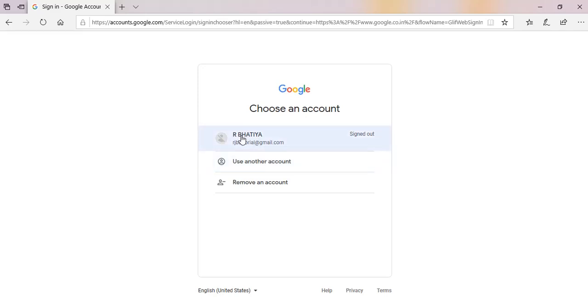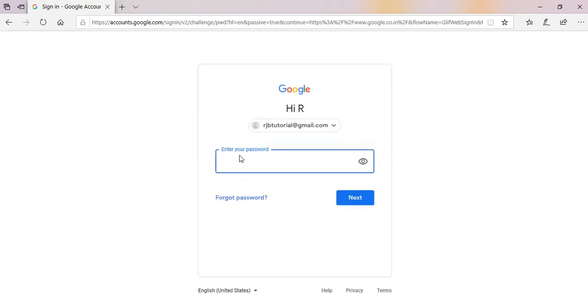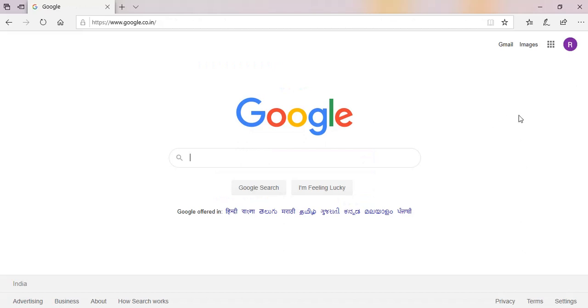So you click on that, or if it is not there, you need to write down your Google username. Okay, so I will select my Google account, then I will enter the password. Next, and we have signed in with our Google account.